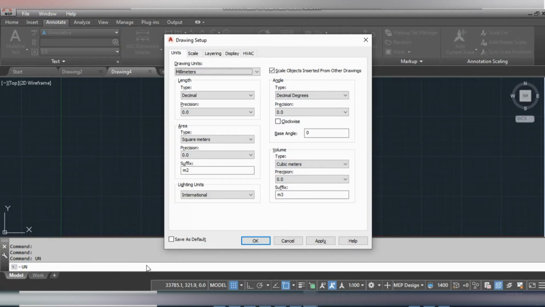If you are using meters in the drawing unit, we click on the millimeter. But if you are using the feet in your drawing, you just need to click on the inches and then click apply